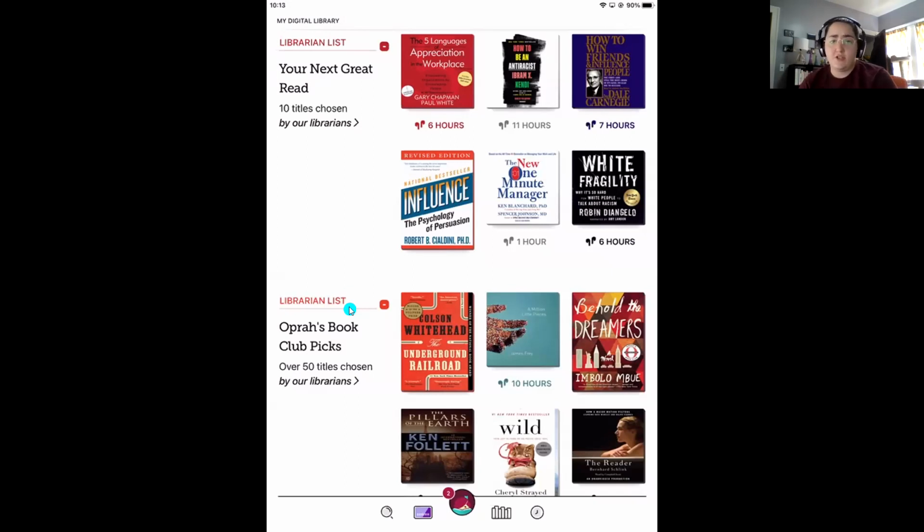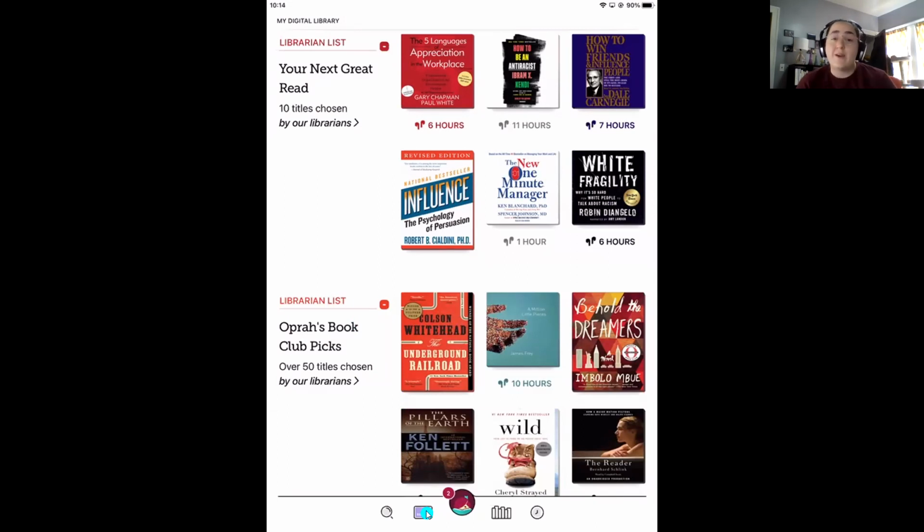In the winter, cozy mysteries. For all the history months, they might have some certain displays for each history month. So these are going to change all the time. The library is always wanting to show us something fresh and new and really catch our interest with a great book on display. So again, that library card icon down in the navigation bar,